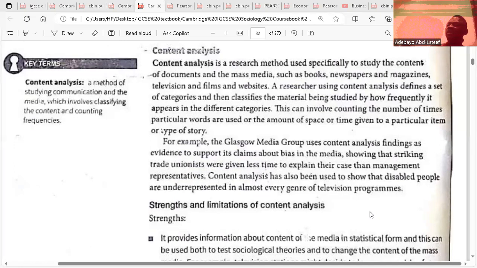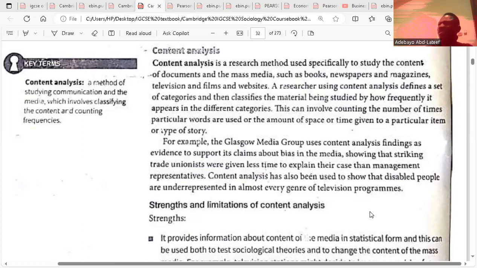So for content analysis, maybe a topic is talked about, whatever topic is being talked about. So if they continue to talk about this topic every now and then, that means the frequency at which they talk about that topic is what content analysis is based upon. So they used to talk about female education, in this channel. So continuously they talk about female education. So female education becomes the topic to research upon. That is what content analysis is about.